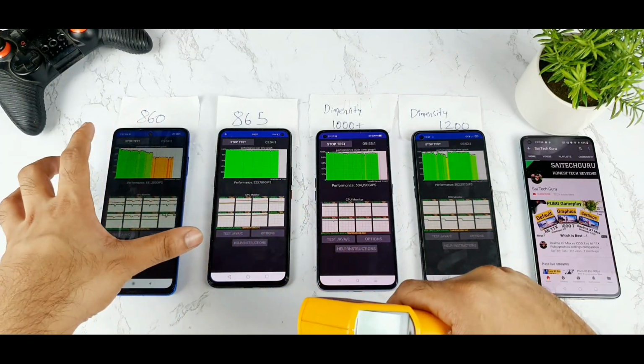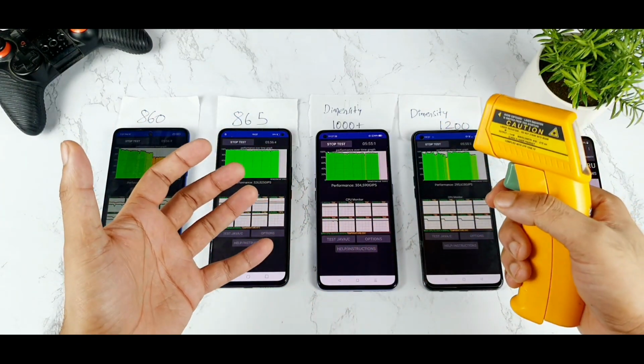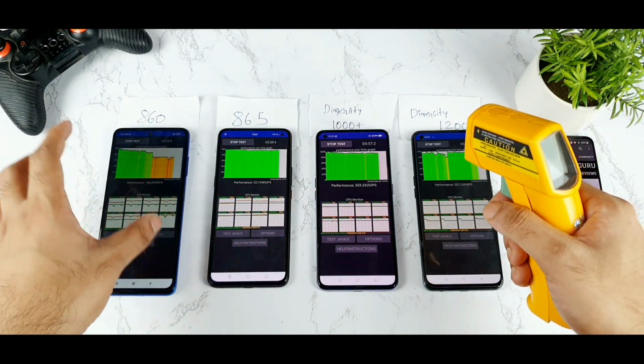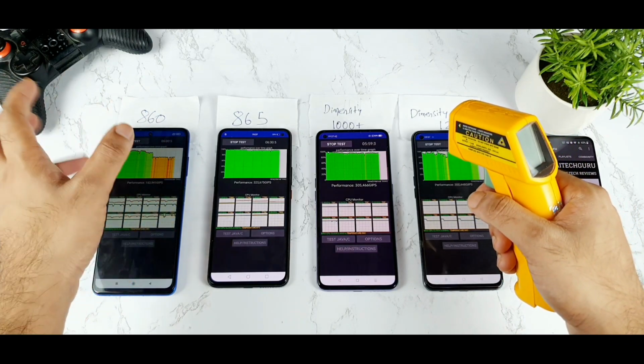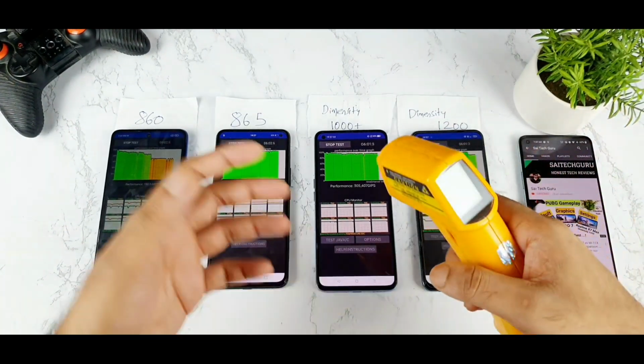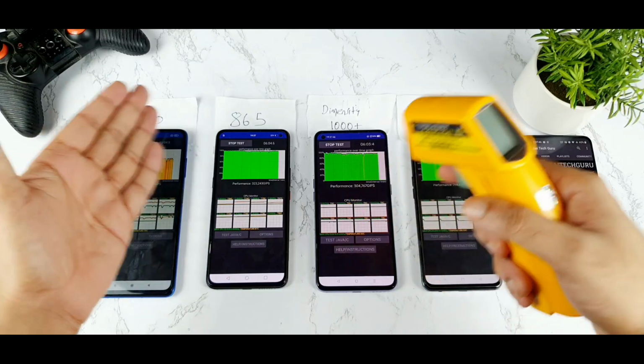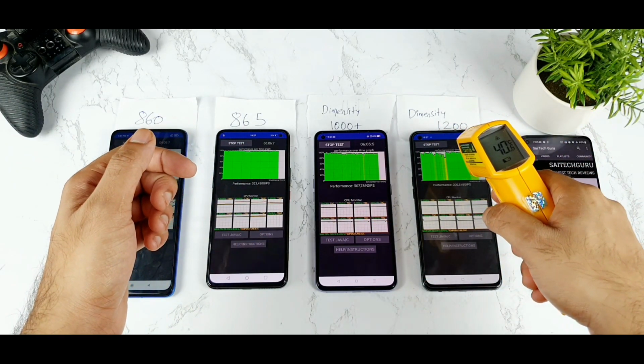I do know all these phones are priced in different ranges. Yes, no complaints for this kind of 20,000 rupees. I don't have any complaints on the Poco X3 Pro, but still, if you want, you can check the difference, how much it is. Snapdragon and the Dimensity, 40.4 is a high,